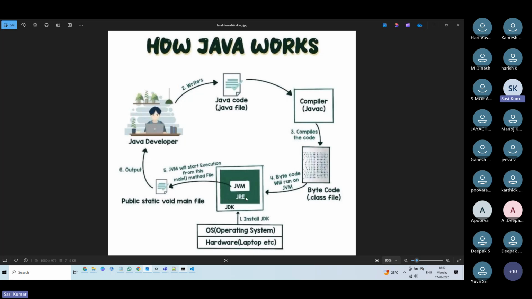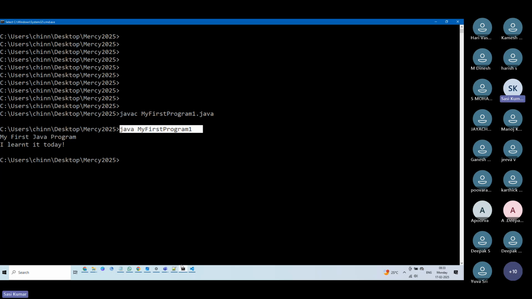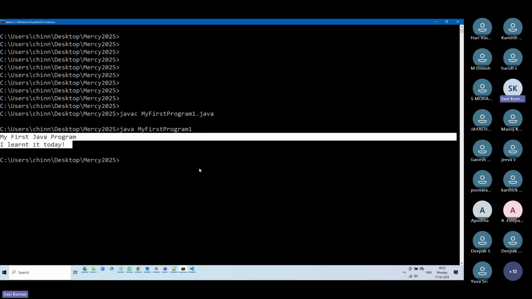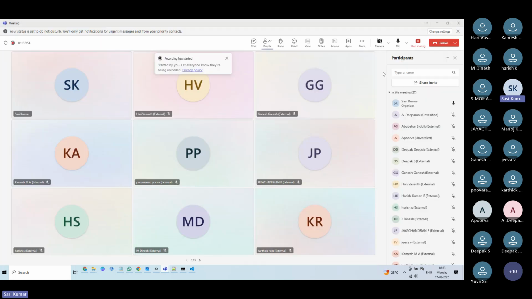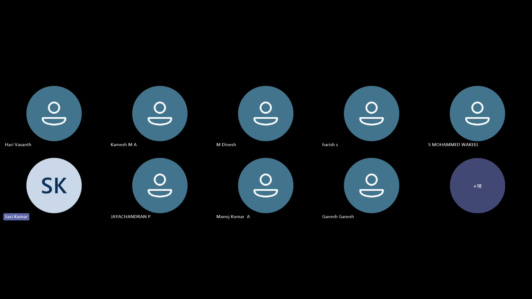Where is JRE? It is inside JDK. Inside JRE, there is one component called JVM, the Java Virtual Machine, that will identify where the main method is. And then, if you have a system.out.println statement, you will be able to see the output on your console. So with this,